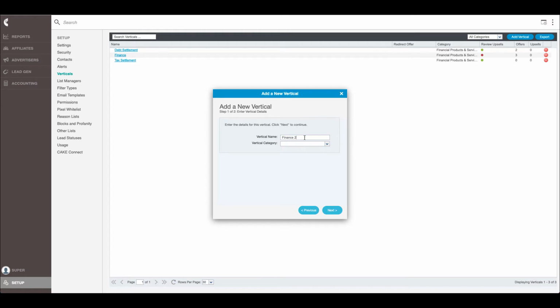And every vertical is going to require a vertical category. Vertical categories are typically used more on the affiliate management side of the house. This is where you can choose to have lots of different offers in your platform, and you may want to have the affiliate portal filtered for your affiliates based on the vertical category as opposed to the vertical itself. So you may have really nuanced verticals that roll up into a broader category,